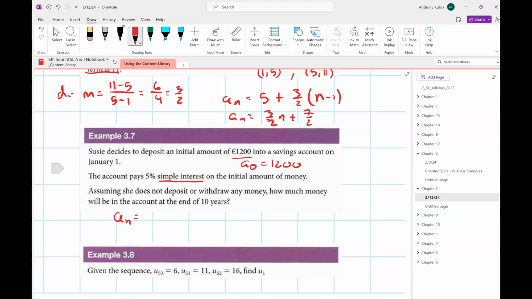That to me makes more sense to think about it that way. So I'm going to do A sub 0 plus D times n minus 0. You guys buy that? So 1,200 plus